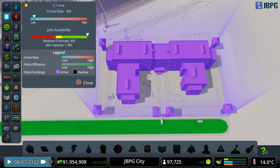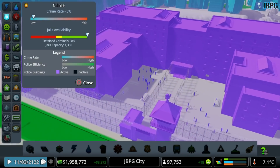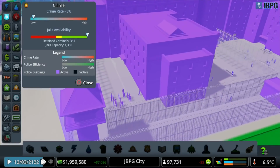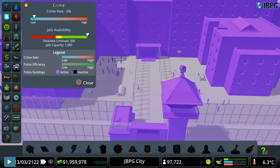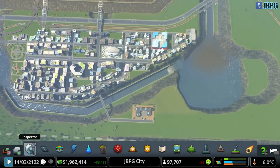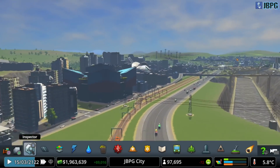There. So you can see we have a 6% crime rate, not very high at all. Jail capacity is massive, because that also incorporates, I think, the larger police stations, they have a jail facility as well. So you can see we've got a lot of prisoners out in the yard there at the moment. But way below our overall capacity. Crime rate is pretty good at just 6%. I'm happy with that. So, with that looking so much nicer now, we can get some really great scenic shots